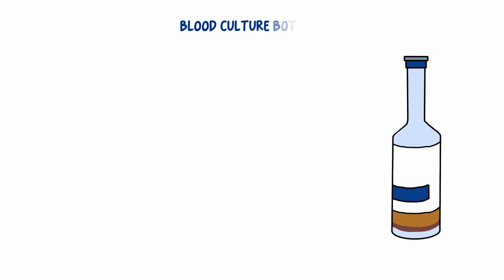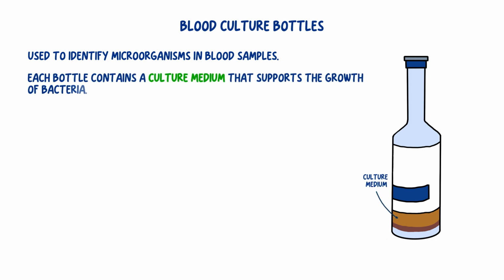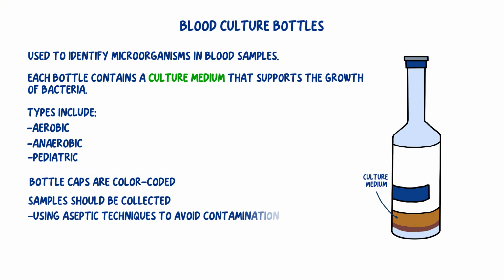Finally, we have blood culture bottles, which are essential for detecting and identifying microorganisms in blood samples. These bottles contain a culture medium that supports the growth of bacteria and is crucial for diagnosing bloodstream infections. There are different types of bottles: aerobic for oxygen-requiring bacteria, anaerobic for bacteria that thrive without oxygen, and pediatric bottles, which are smaller and designed for children. The caps of these bottles are color-coded to indicate the type, though the specific colors can vary depending on the manufacturer. Blood culture samples should be collected using aseptic techniques to avoid contamination from skin flora or hand germs, and